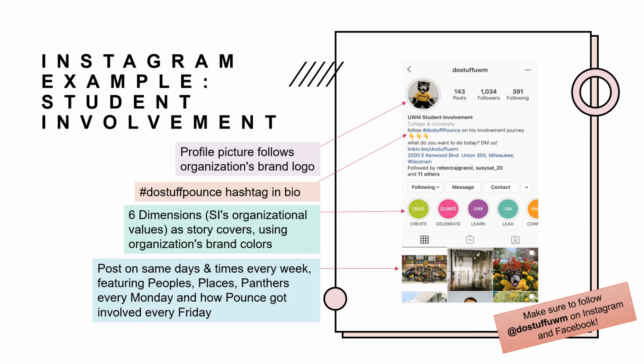I actually included an example of the student involvement Instagram since I've been talking about it. So first of all, our profile picture follows our brand logo, right? That's Pounce. Everyone knows who that is, and we actually include him in a lot of our posts. So that's kind of a consistent brand that we have throughout the page. Next up, we have hashtag DoStuffPounce, because that is something that we integrate into our storytelling. Every Friday, we show how Pounce got involved. So that's another fun way that you can actually click on our hashtag, and our followers can see the different